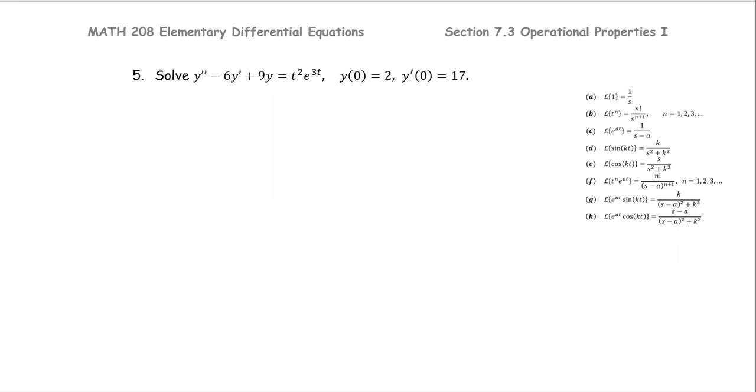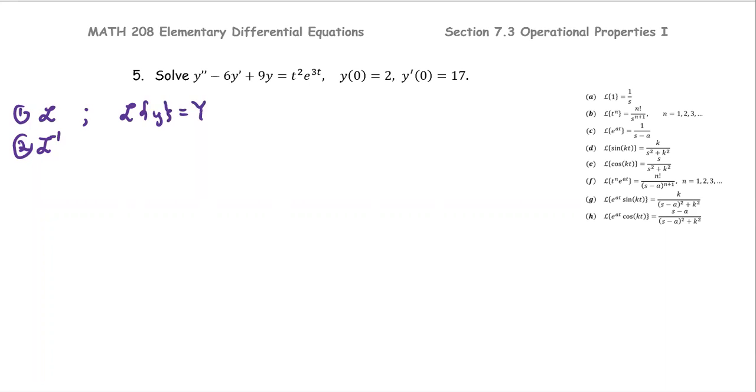To solve differential equations using the Laplace transform, first you apply the Laplace transform. The second part, you do the inverse Laplace transform. So kind of forward and then backwards. And for the Laplace transform, recall from 7.1 and 7.2, the Laplace of the lowercase y, we use the